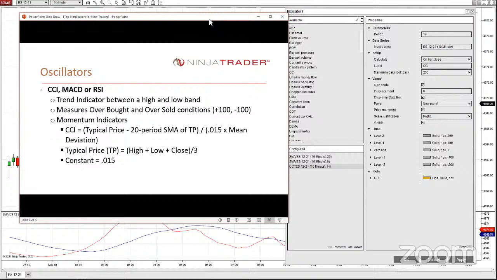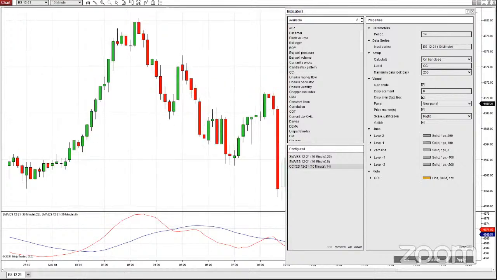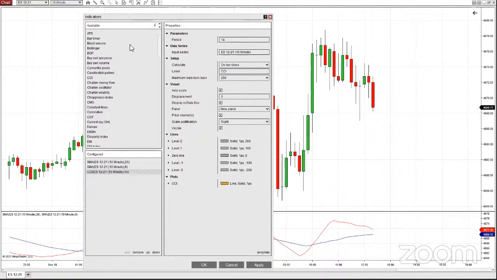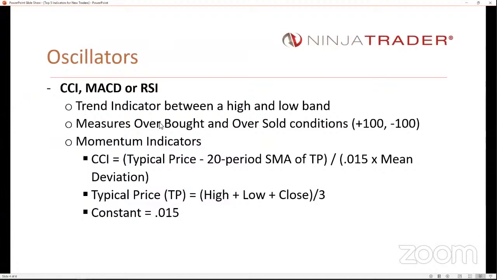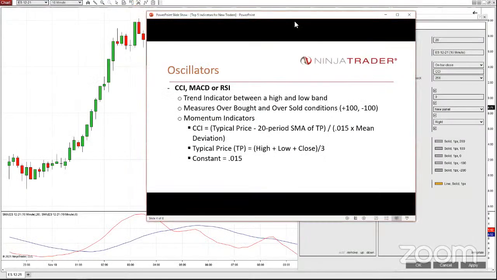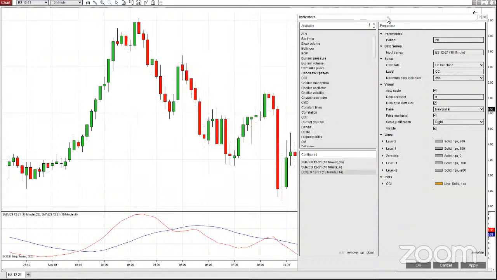All the oscillators have different equations, and some of them react differently to different conditions. This is the one that I found useful. I don't want to suggest for a second that this is better than any of the other ones, but this is the one I like. So I'm going to change my period to 20. The default was set at 14, but I like 20, and that's consistent with the way I have it calculated here, a 20 period. That's more of a textbook application, I think, so we're going to keep it that way.